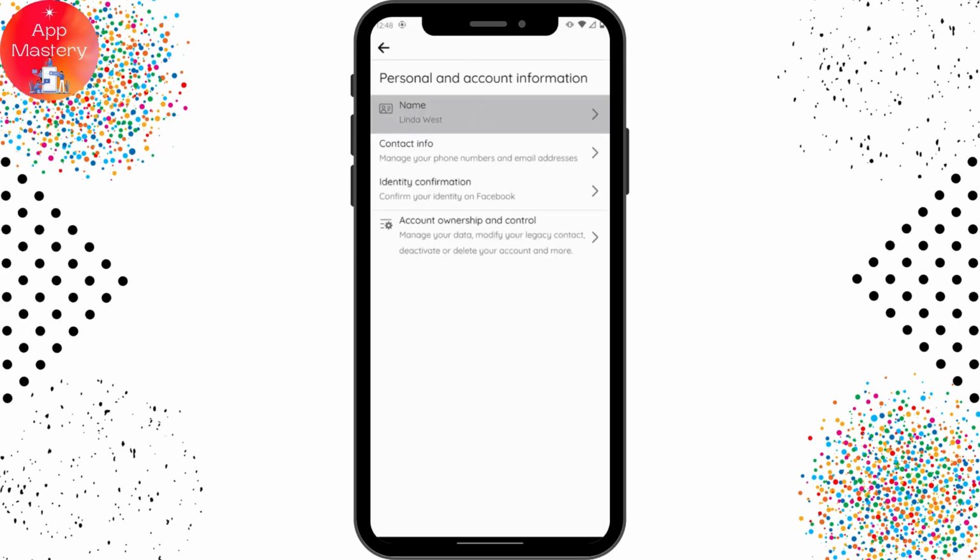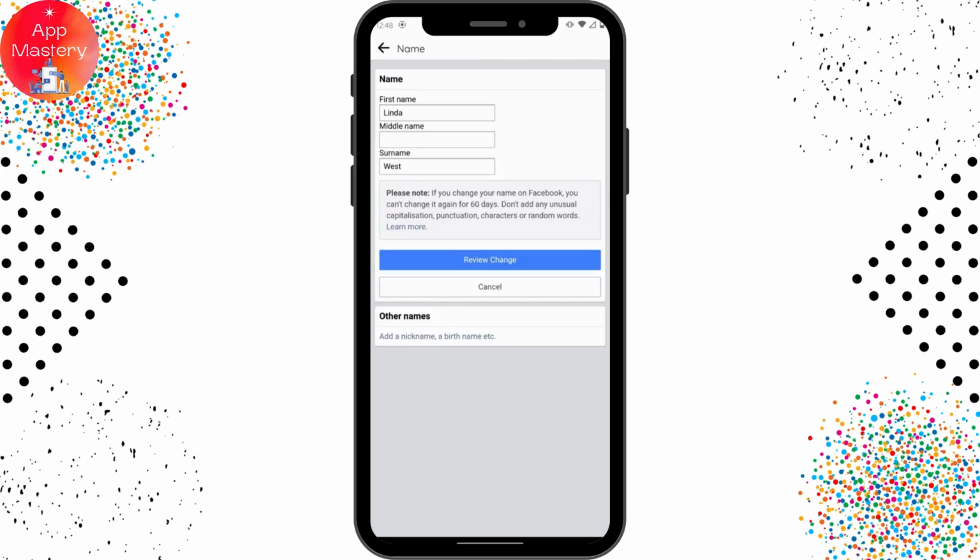Tap on your name, and here you can't change your name, right? So what you can do is you can go for please note, which says please note, go for that note, and then go for the last line which says learn more. Tap on that,